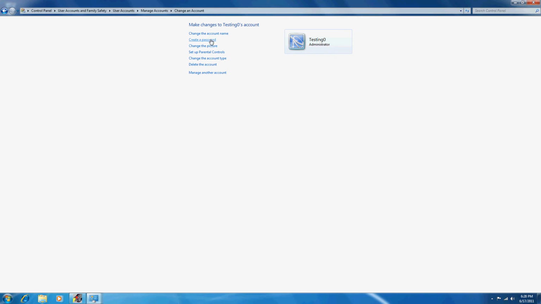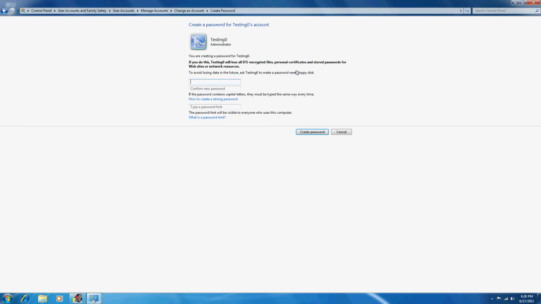Next thing we will do is create a password. Alright, and the password here, you want to type it in, and it will ask you to confirm it on the second line. This is very important here. Make sure you think of this one well. The password hint will be used to remind you just in case you forget your password to log into the Windows. So don't make it too tricky on yourself. For the password hint, you do want to select something on here that's going to give you a reminder. Create,